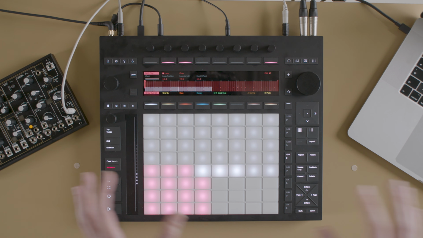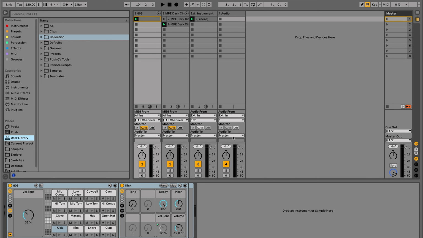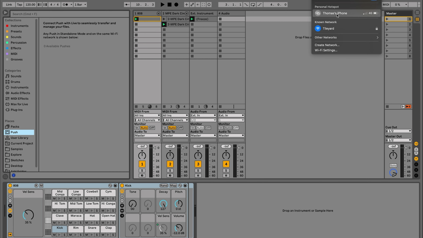In order to transfer files between my computer and the Push, I first need to make sure that they are connected to the same Wi-Fi network. Then if I go over to my laptop, you'll see that there is a new Push tab in the Places section of Live's browser. And if I click into that and make sure I'm connected to the same Wi-Fi network as the Push,